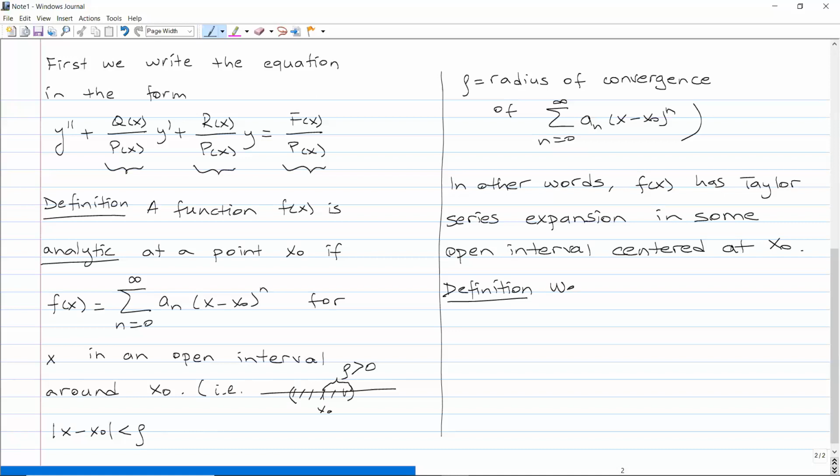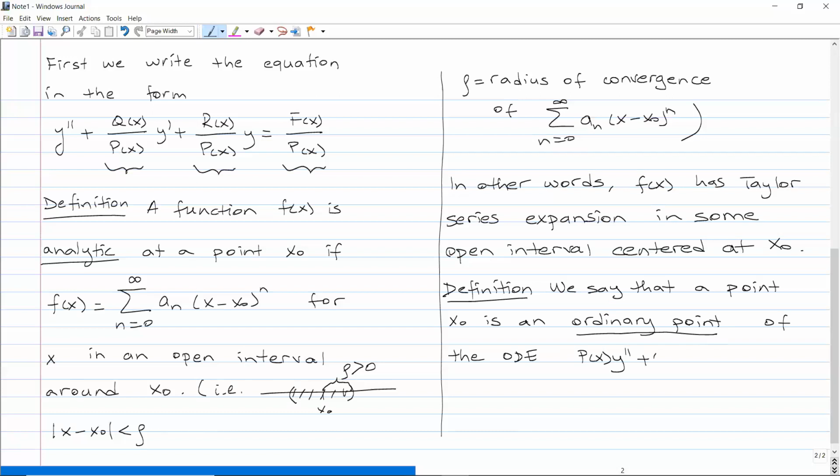So we say that a point x0 is an ordinary point of the ordinary differential equation